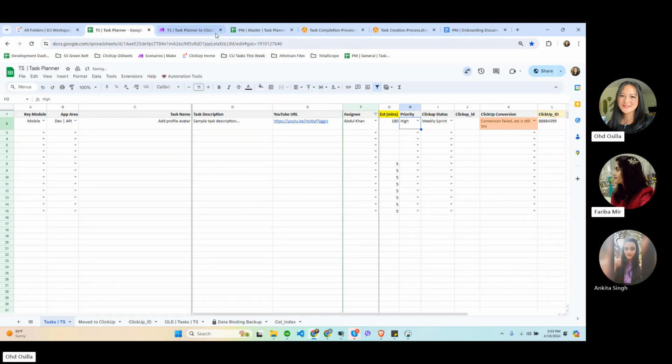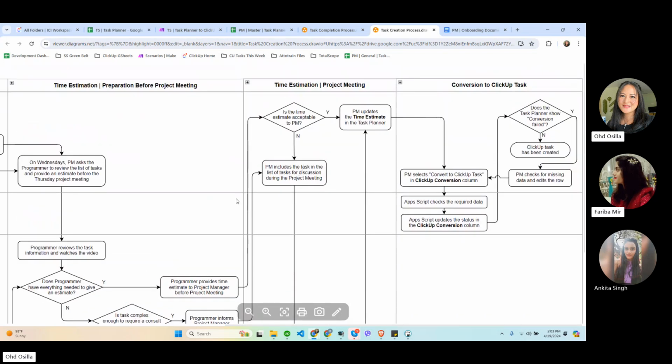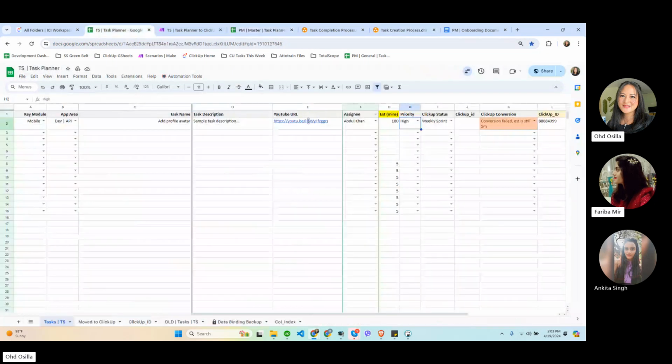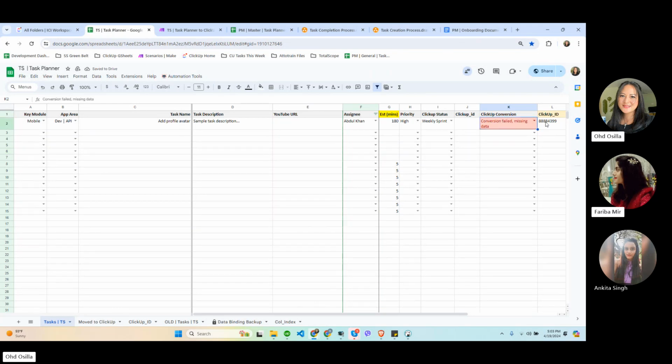And once you add it to the task planner, this second row is automation. So I'll just show you, as I've mentioned, if you don't have a YouTube link and you try to convert it to ClickUp, it will say there's missing data.